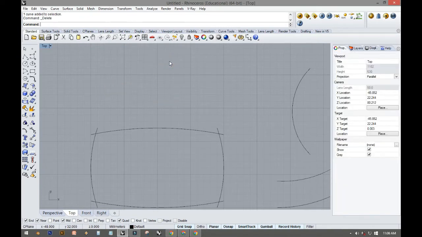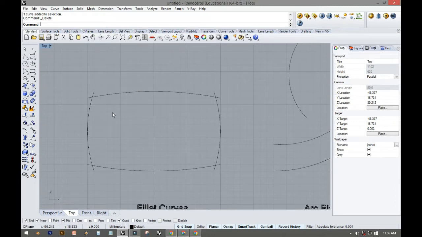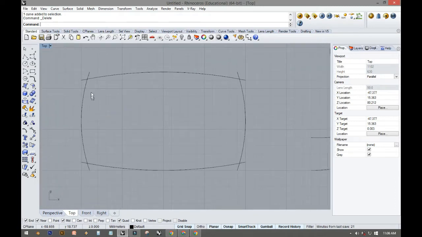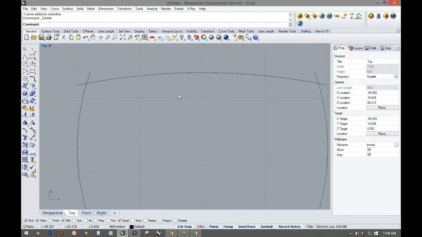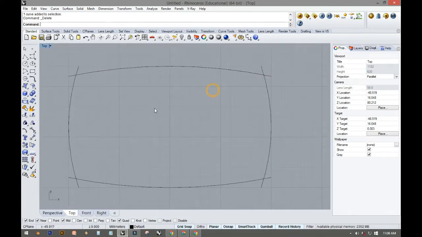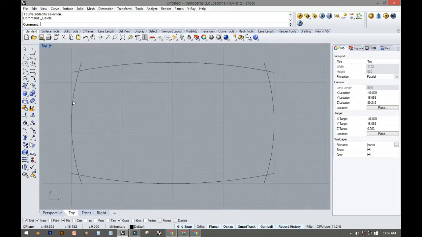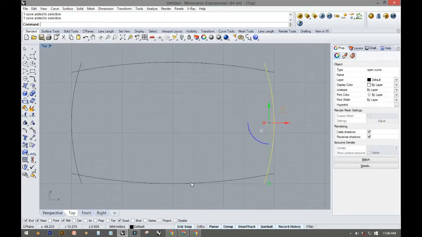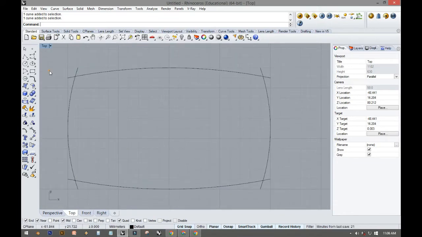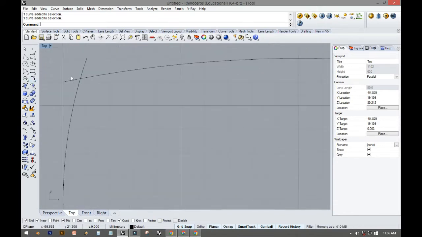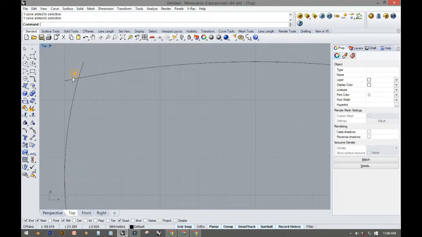But this applies to each corner. How about when we want to create a curve like this, and then we want to have a nice fillet at the corner here? So I have these four curves already done. Let me try to do this. Before we fillet the curve,